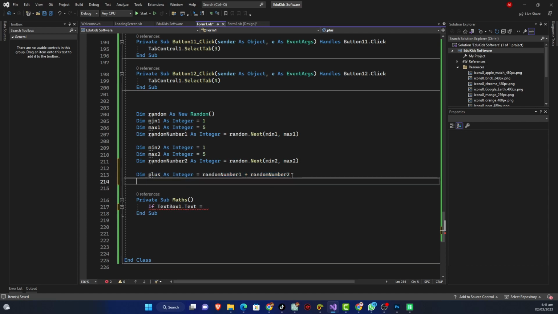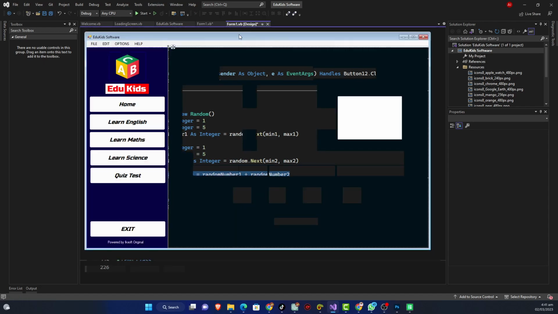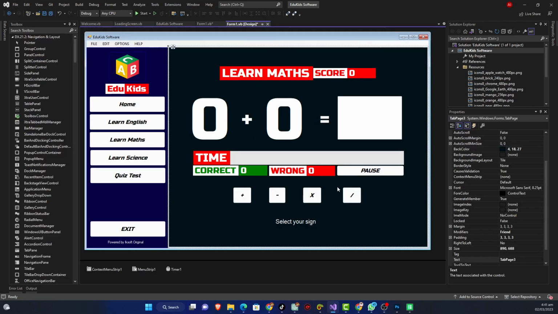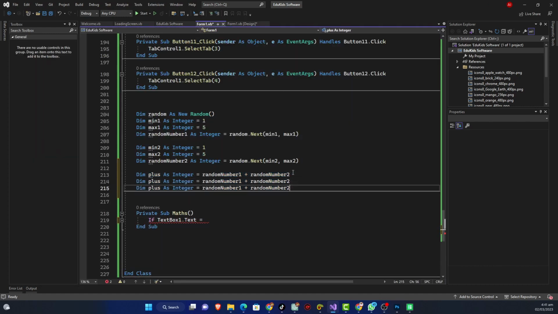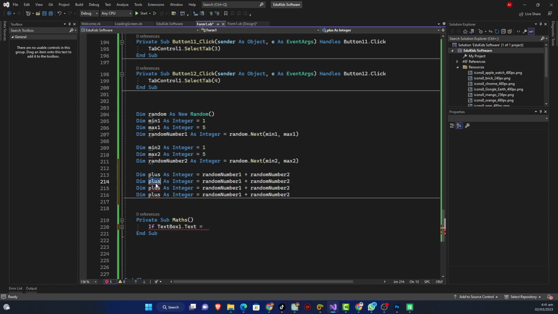So we have to copy the same thing, just paste it according to how many times you have this. So 1, 2, 3, 4. So it's going to be 4. So we're just going to do it like this. So this is going to be minus. So this is going to be multiply. This is going to be divide. Okay,